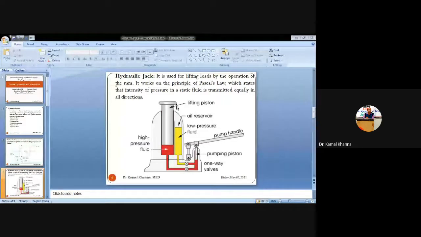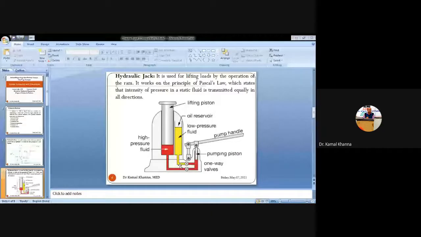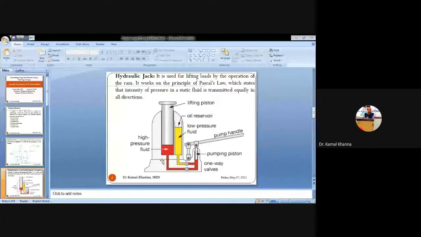And as soon as the plunger is being pushed down, this hydraulic oil, the high pressure fluid, is being compressed and applying the pressure at the lower portion of the lifting piston. And on the surface of the lifting piston, we have the load which is going to be lifted. So as soon as this high pressure fluid is applying the pressure on this lifting piston, we are able to